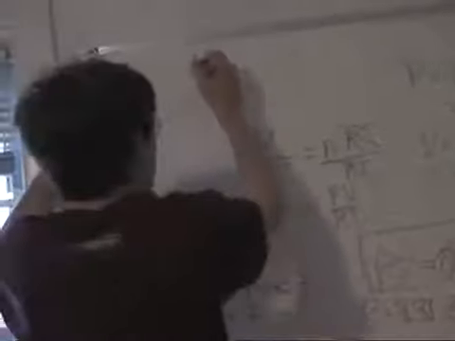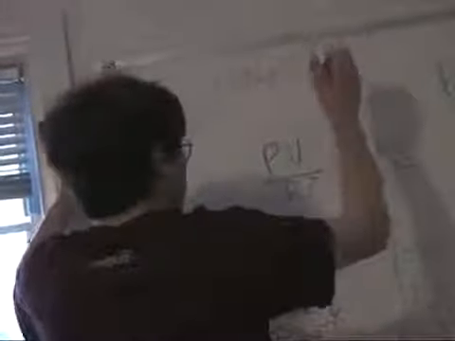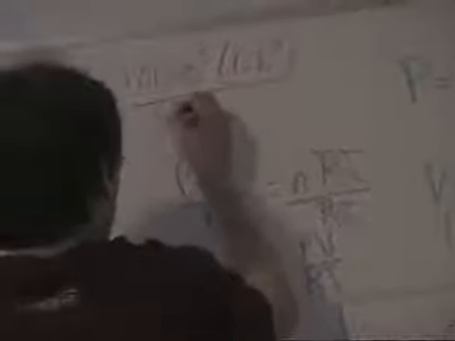Now that we have these values, we can plug into this equation and get n equals 1.013 times 10 to the 5th times 1 times 10 to the negative 4th cubic meters over 8.31 times temperature, which is 273.15. And if you plug this into your calculator, as seen here, you will get